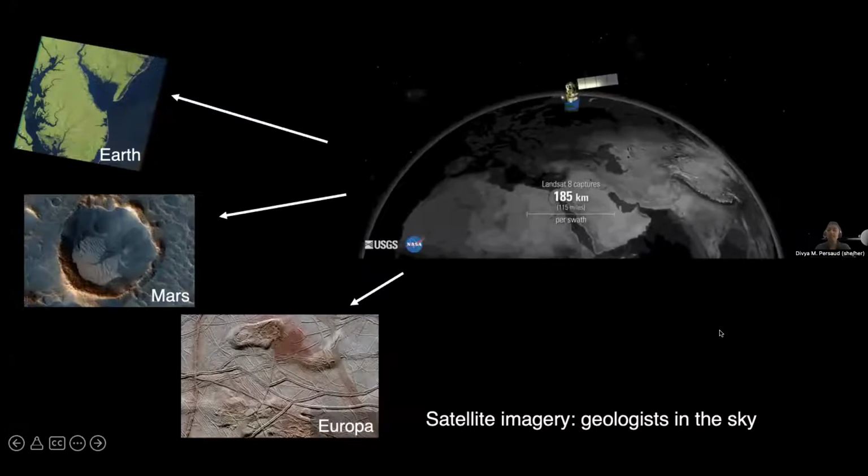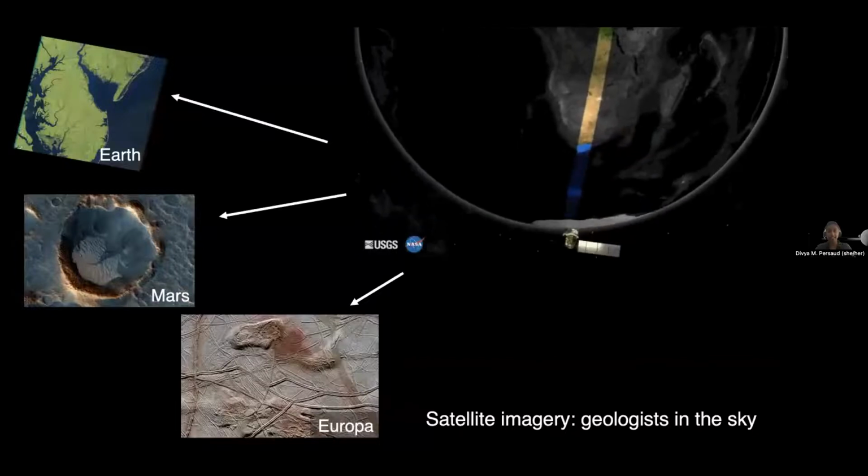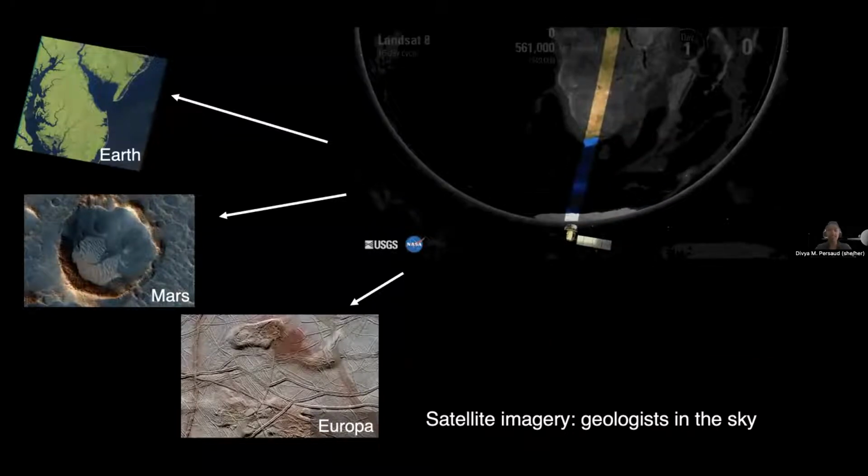Planetary science isn't so straightforward because we can't send people except to the moon. And our geologists in the sky, so to speak, are satellites. So there's just a little animation showing a Landsat 8 at Earth, and similar satellites in different places give us similar imagery. So we have Earth in the upper left. Here's a satellite image of Mars, and I'll talk about that loads today. This is a picture of Europa from the Galileo probe, which flew in the 80s and 90s.